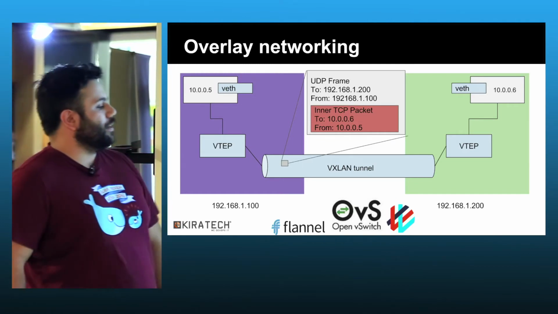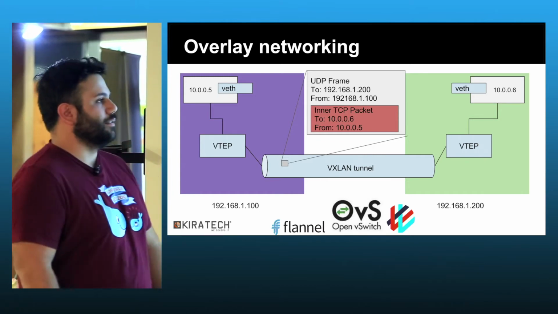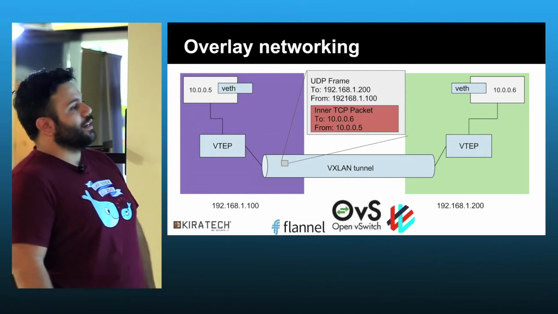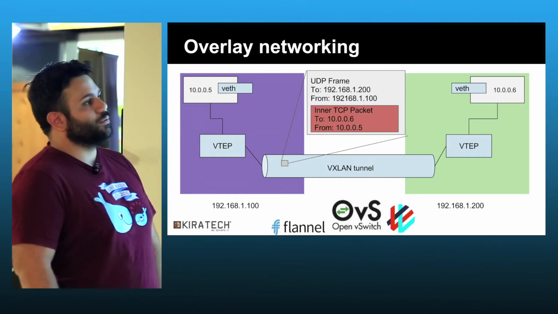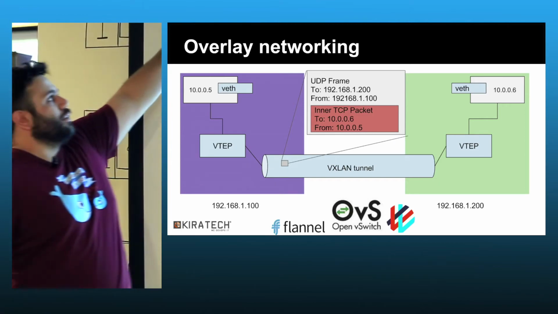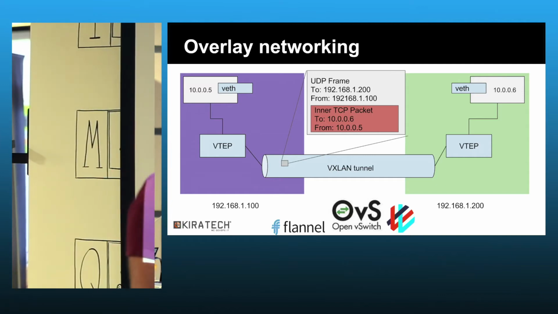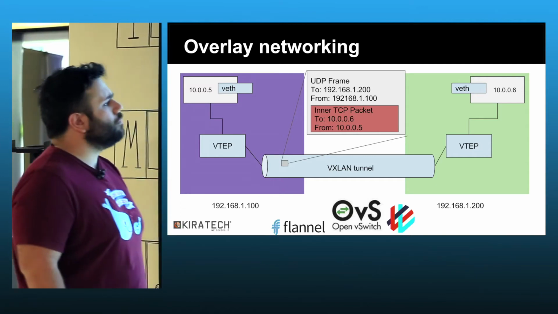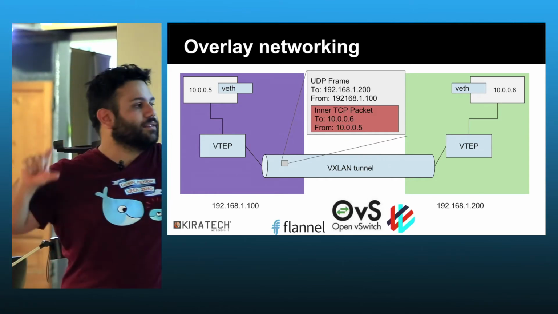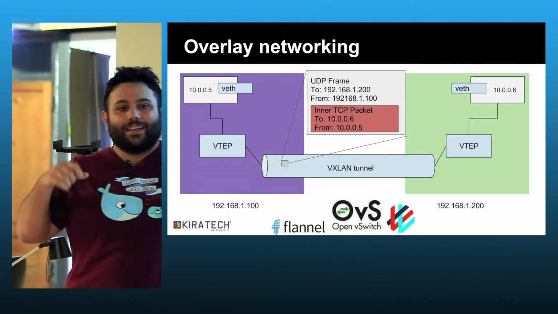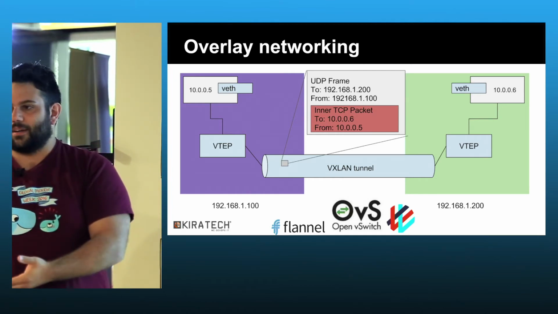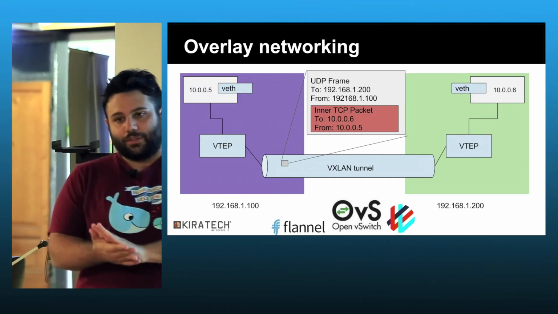In this case, what's happening, there are two hosts, which are those two colors. There are two containers, one on each host, and those are connected in the same network. As you can see, one has 0.5 IP and the other 0.6 IP. What happens there is that there's a tunnel called VXLAN tunnel. The VXLAN tunnel is also in this case something implemented in the kernel. The VXLAN is a kernel feature in Linux.